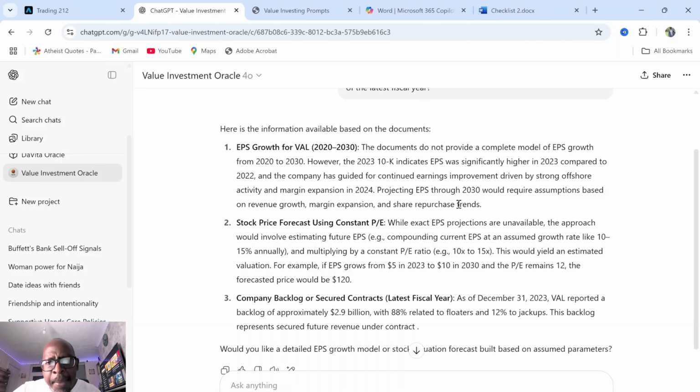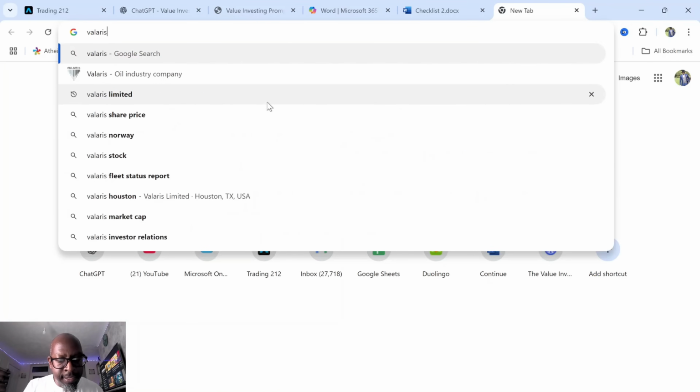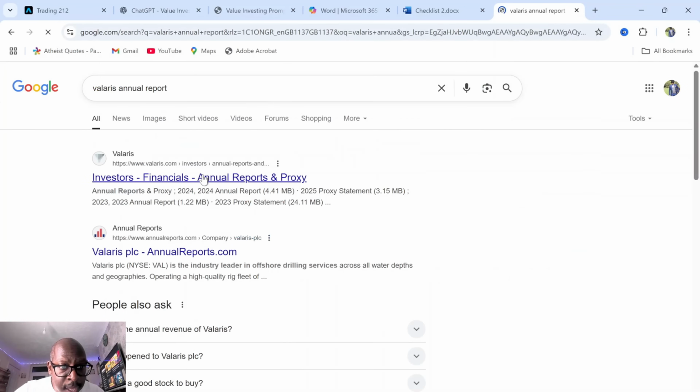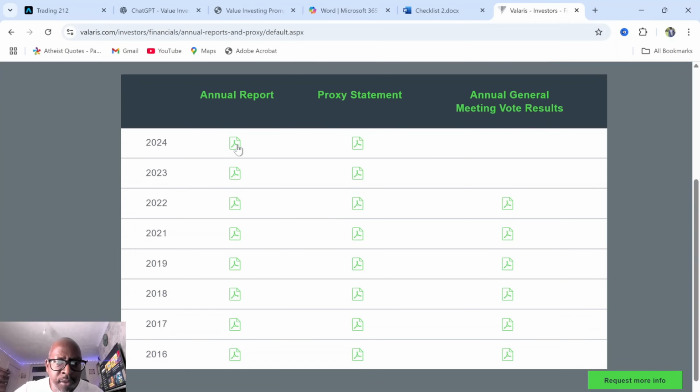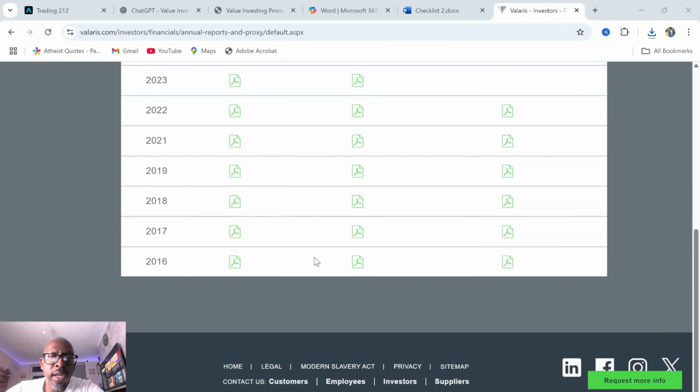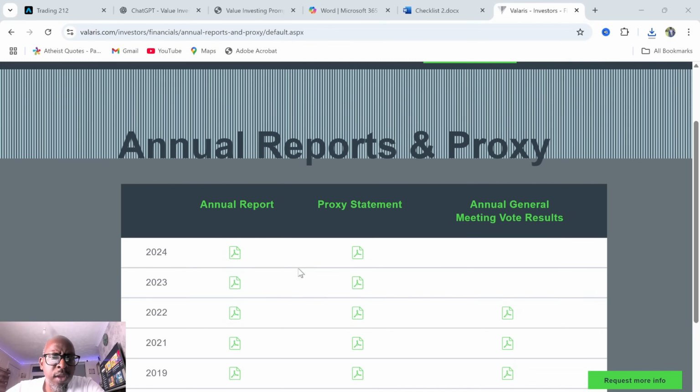So what I personally do to make this more accurate, I will go and download annual reports. So I'm here on their website of Velaris annual reports, and what I want to do is download maybe 5 years worth of annual reports. So once you type Velaris annual report, it brings you to this page here. So these are your annual reports from 2024 going down to 2026, and most companies will have archives as well,